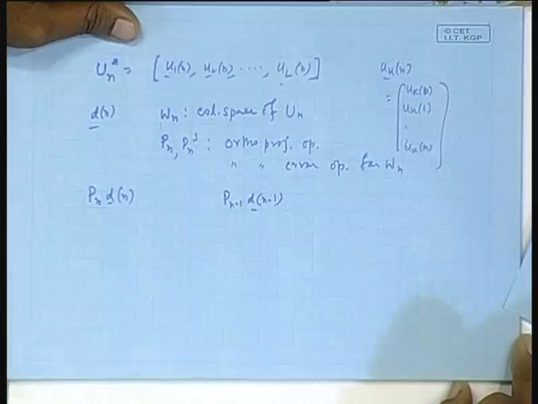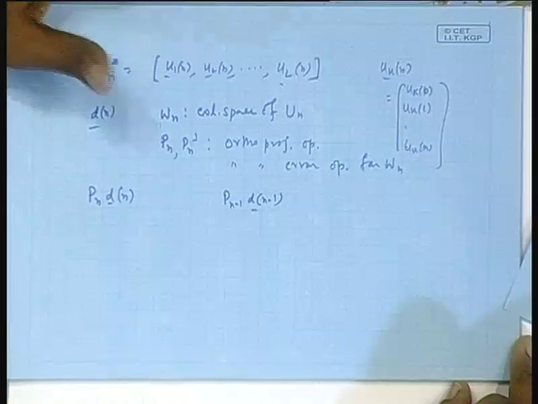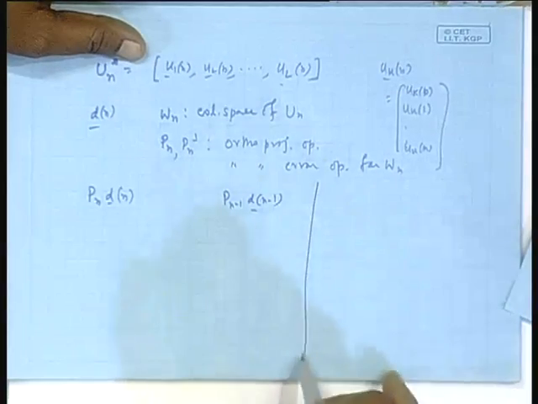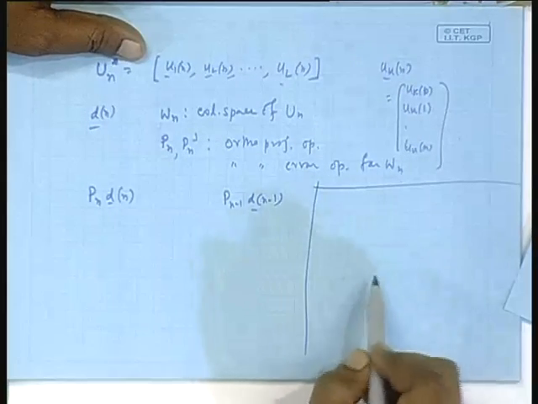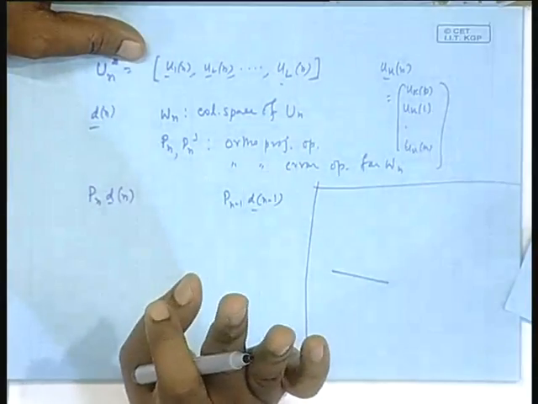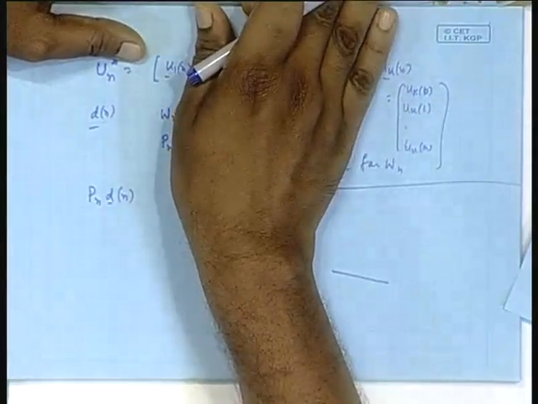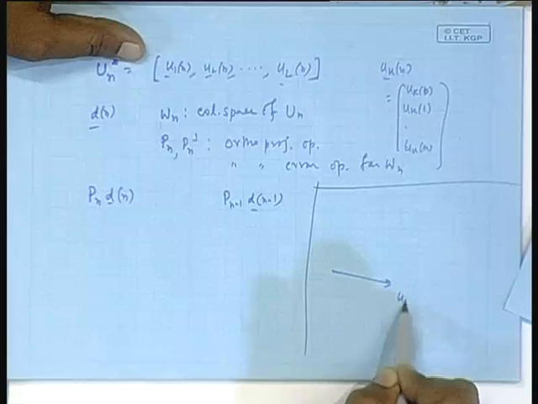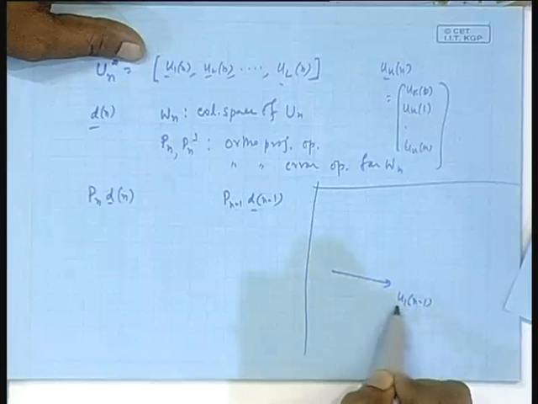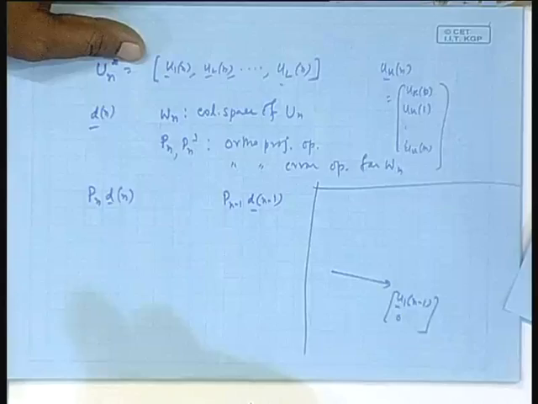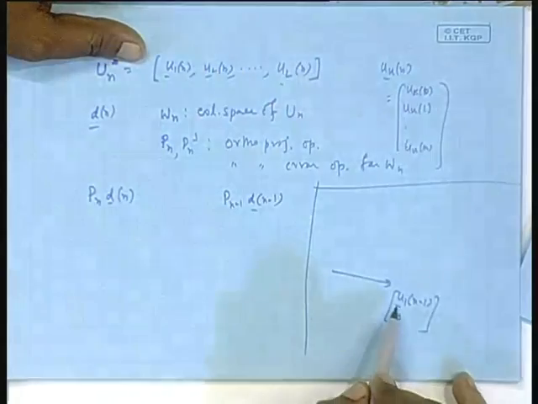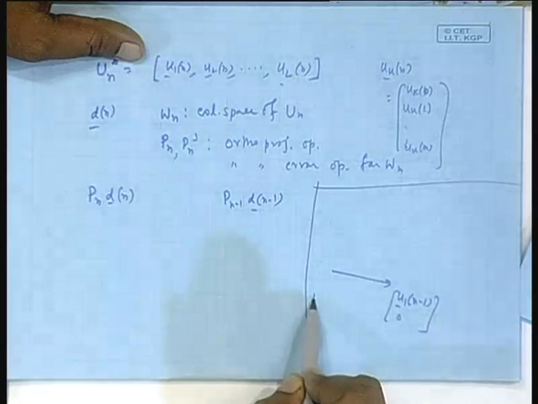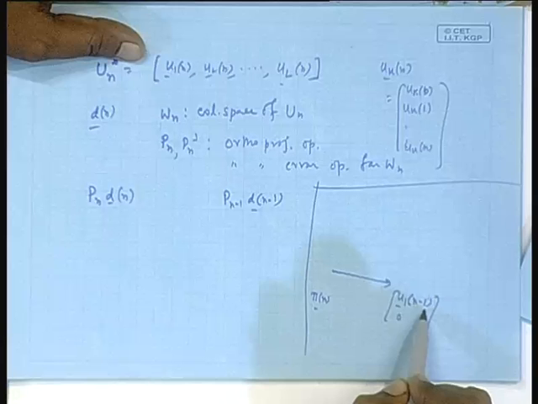You remember I defined that pinning vector pi n: 0 0 0 0 0, only the last entry is 1. Consider a case where, instead of so many columns, I have only one column, u 1. Suppose I have a vector u 1 n minus 1 and a 0, like this, and the vector pi n will be 0 0 0 here and 1 here.